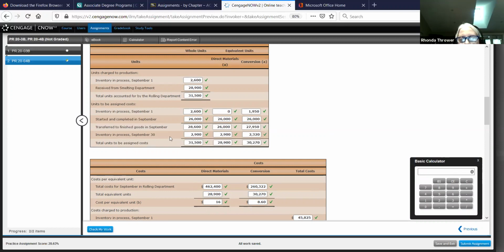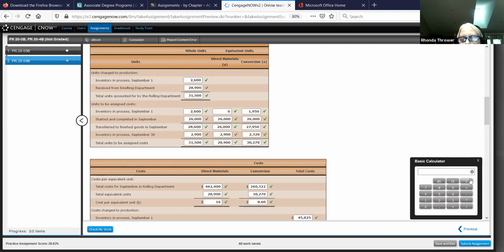My ending inventory whole units were 2,900, and all 2,900 units had materials cost in them this month. So we have to find the cost of the ending inventory materials by taking 2,900 units and multiplying